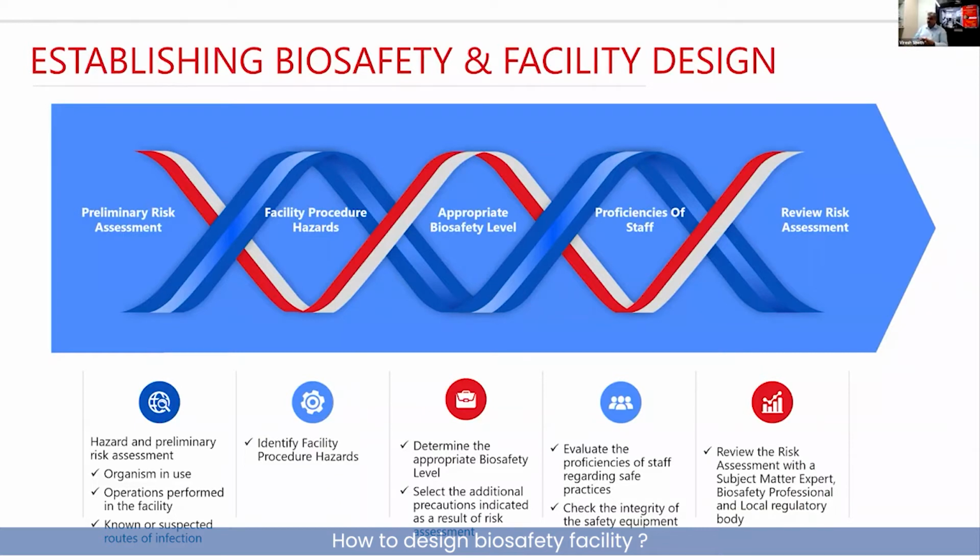Based on these two aspects of hazard identification and procedural identification, we assign a biosafety level from one of those four levels that we talked about, biosafety 1, 2, 3, and 4, keeping the hazard into exposure into vulnerability matrix in mind. And then based on this, decide what are the physical barriers that we need to introduce into the system so that we are making the workplace safe.